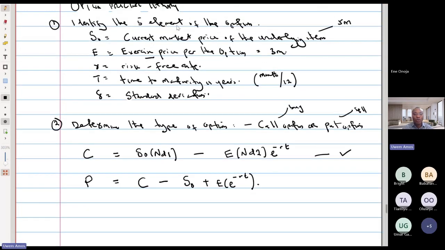So this is the value of the call option and the value of the put option. A call option is the right to buy something. A put option is the right to sell something. Now,